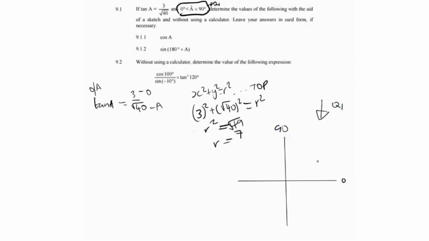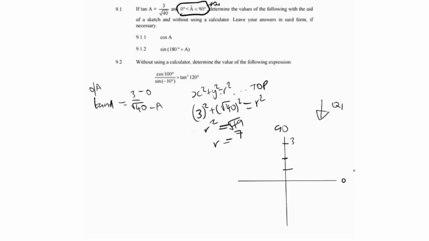So the triangle will be drawn on this side. For the opposite, which represents the y-axis, it is on 3. Let's say here's 1, 2, it's 3 here, and root of 40,